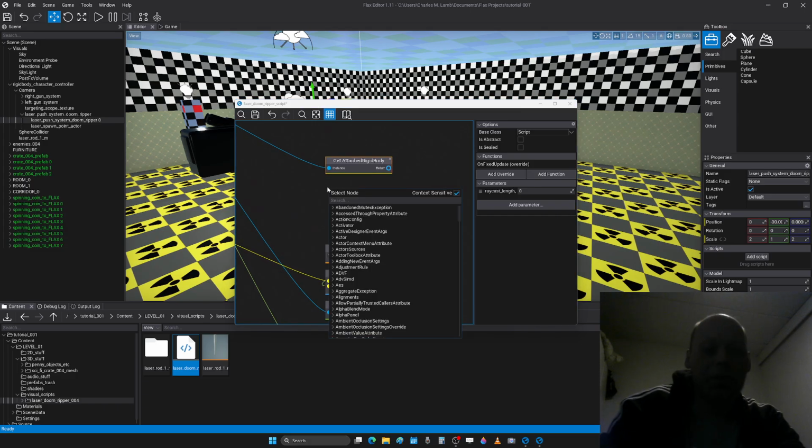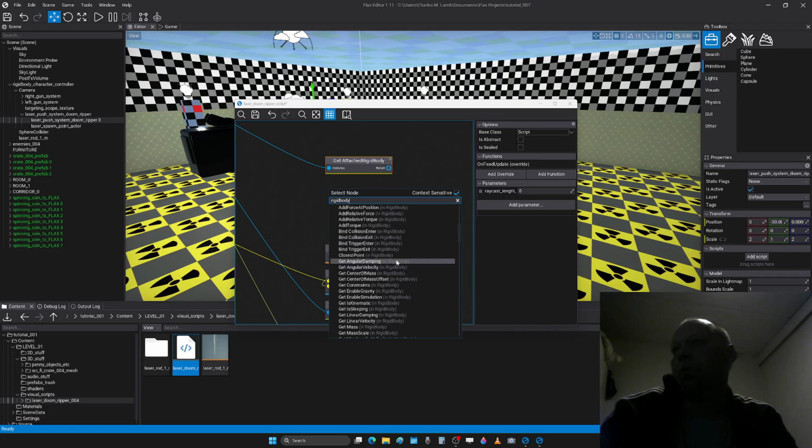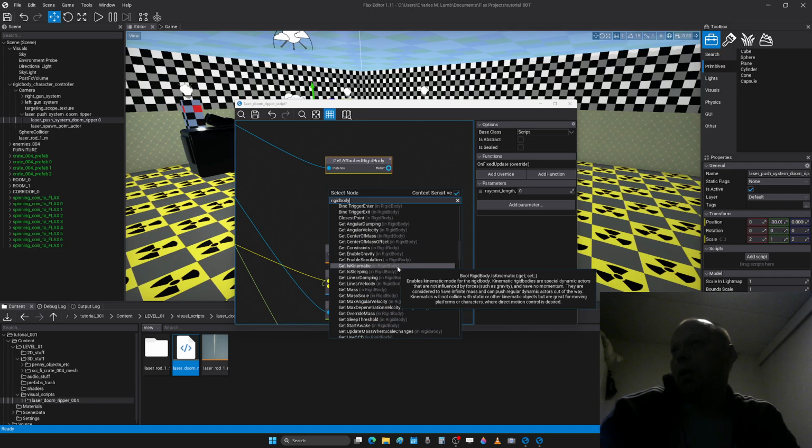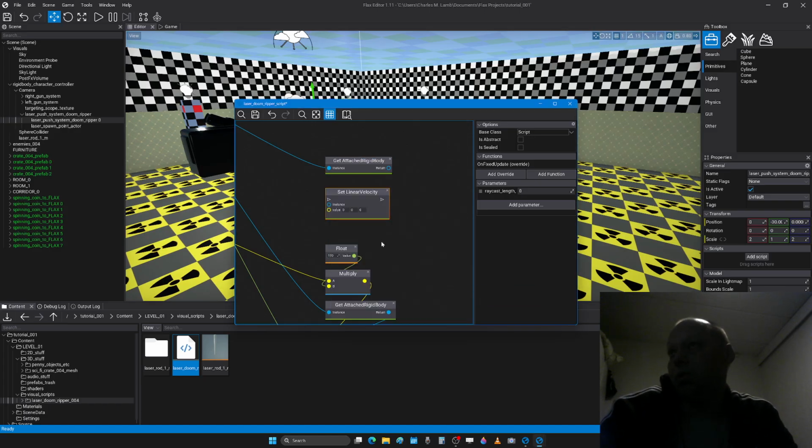And what I do is, once you have a rigid body, you can search for rigid body. And then you can see all kinds of stuff. You can add force, you can add torque, you can do all kinds of stuff. You can add angular velocity, so it starts spinning and so on. And you can also set stuff. The one that I use that works is set linear velocity. And then basically I just connected this and said that